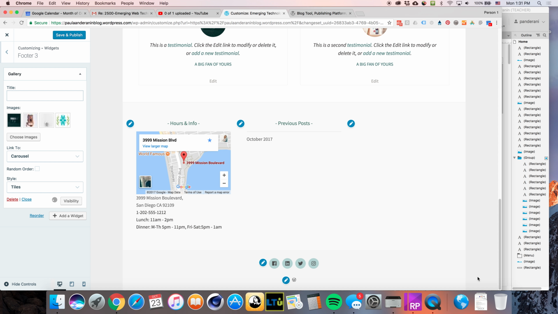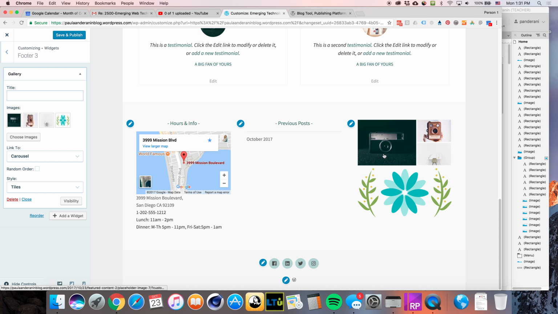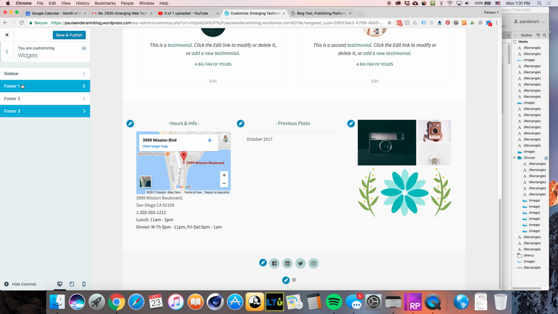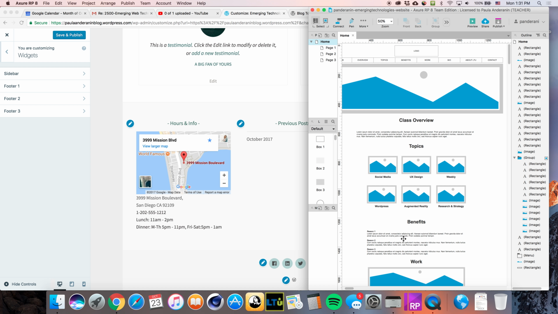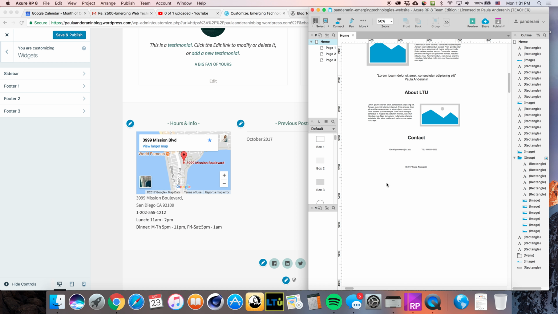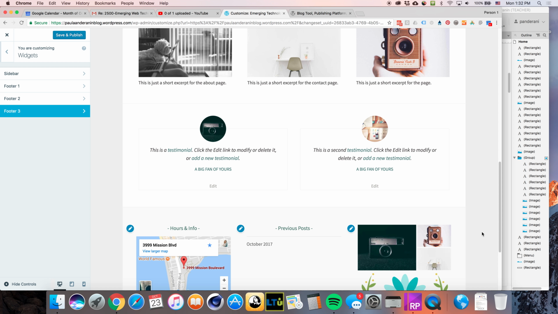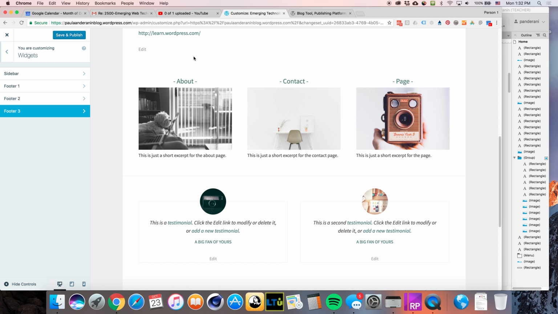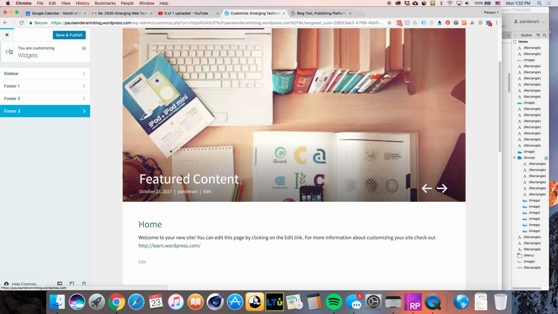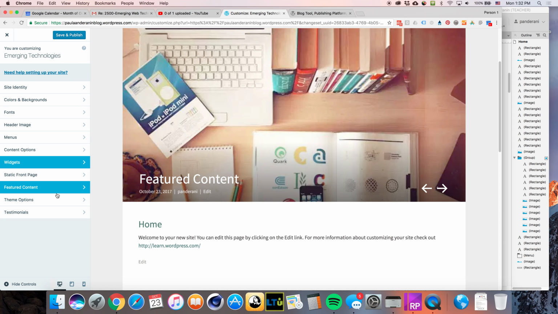So I insert a gallery, and then you can kind of see those pictures there. So that would be adding additional footers on the bottom. Now I do not have anything like that here except for my contact information, but I'm not going to put it as a footer because I don't need to see it in multiple pages as I only have one. So, but that is sort of how you would add stuff, or if you don't want to see it anymore,